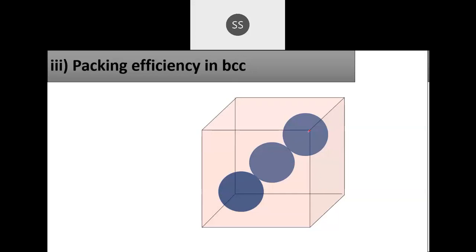And take only half of this. Here only half should come, and here also only half should come, and here in the center one full atom should come. Now label them: A, B, C, D, E, F, G, H. After labeling, label this side. All the sides are equal for the cube, so this will be a. Everywhere the sides are a, because it's a cube.